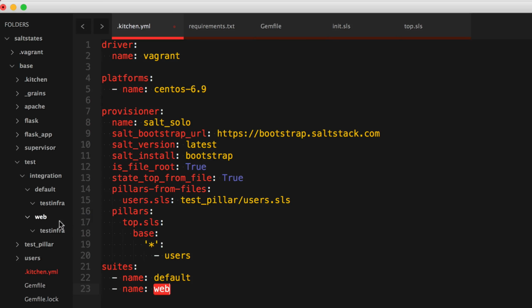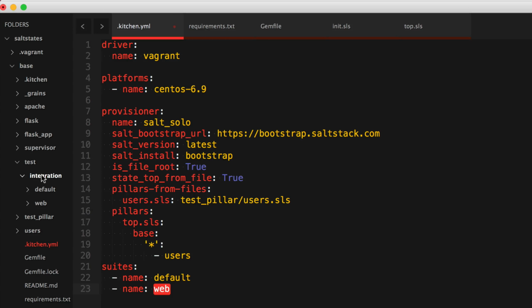Testinfra will go into the Testinfra folder and run all of the Python files there, which will be all the tests. Now, the configuration to connect to the VM for kitchen will live in a conftest.py file